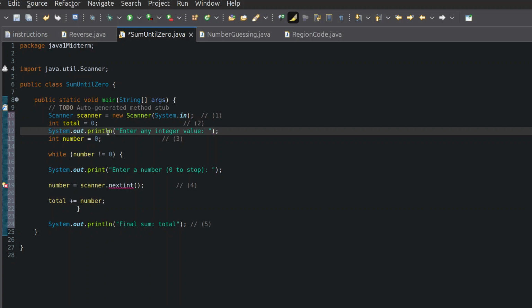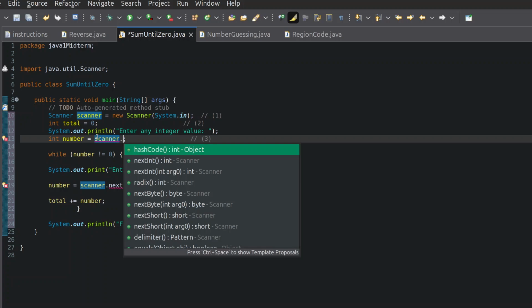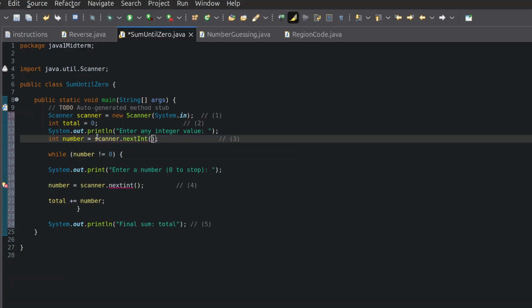Then after that you should input that value to this number. So we are just going to say scanner.nextInt. Understand? But then of course after this we need to add or increment the total